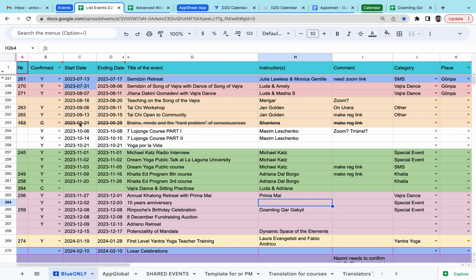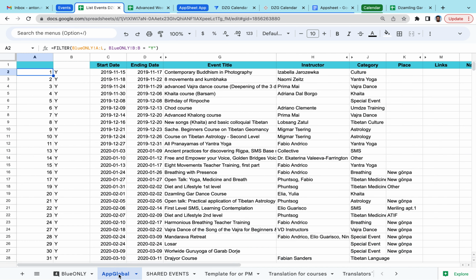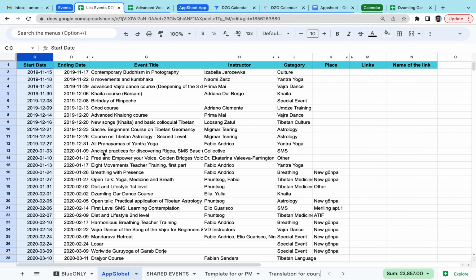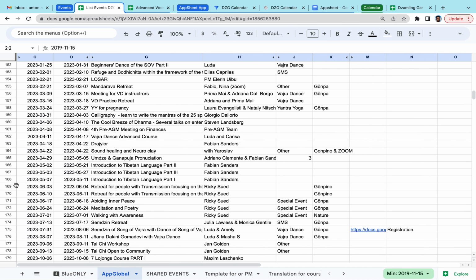So it means it will add only those events which are marked with yes. For example, we also can add cancelled events if we need. So this is more up to us, which information to add, how we decided to use it.